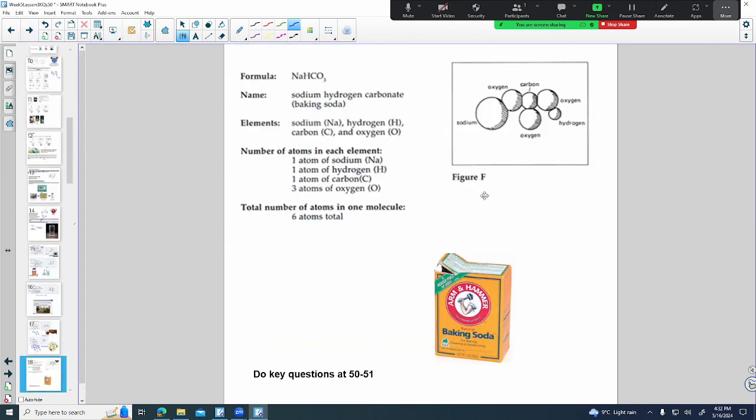Okay, so this is the last one. The last one is NaHCO3. So that's the formula. I'll just make it bigger here. NaHCO3. Now notice you only see one subscript. But that tells us that Na